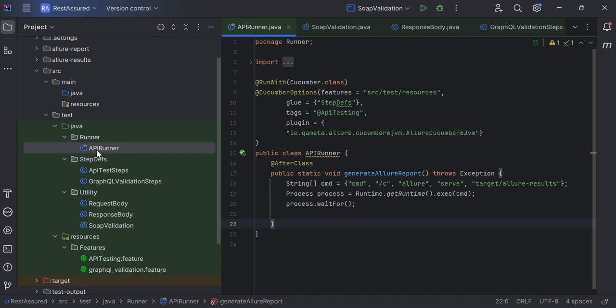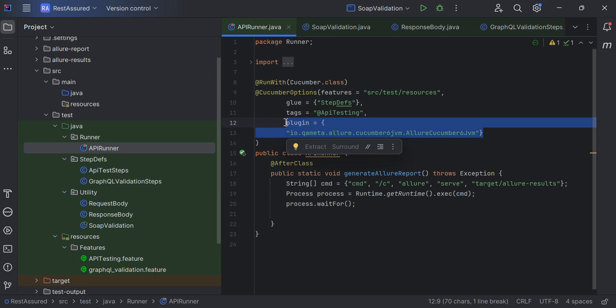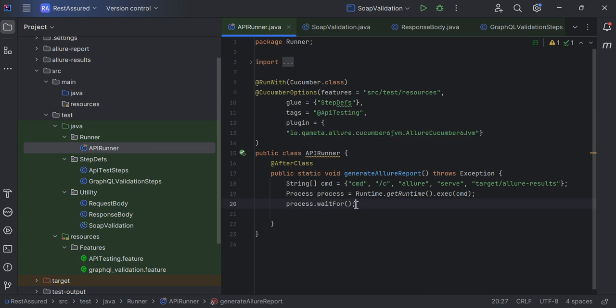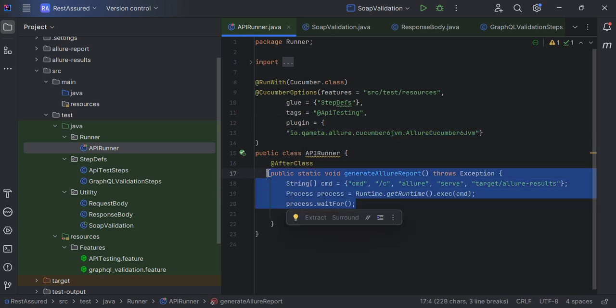Generally it is used to trigger the automation test scenarios, right? So here also it serves the same purpose, like a runner class. What kind of components are in the runner class, I already explained in my previous lecture. You can check that lecture to understand what the runner class is. And this is one of the plugins we have, which I will explain later, because right now we are not creating any report. Just keep in mind this is generally used for the report, and I will explain it later once we generate the report as well.